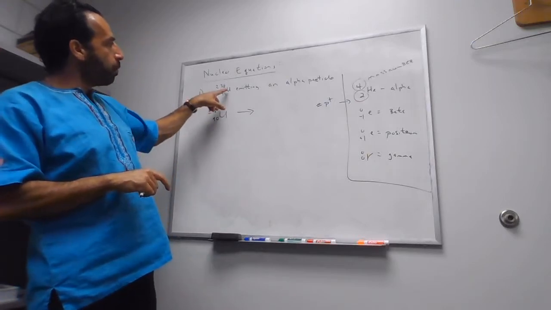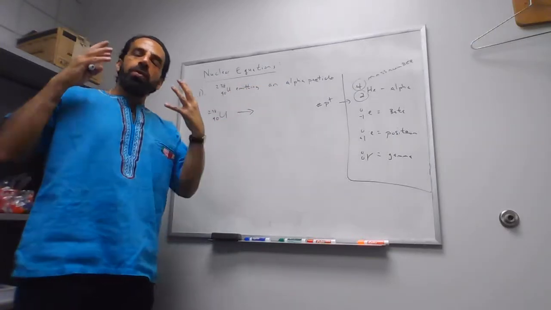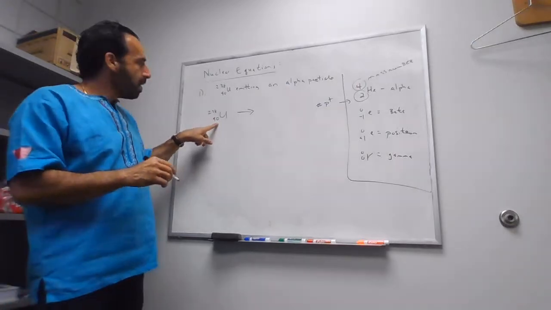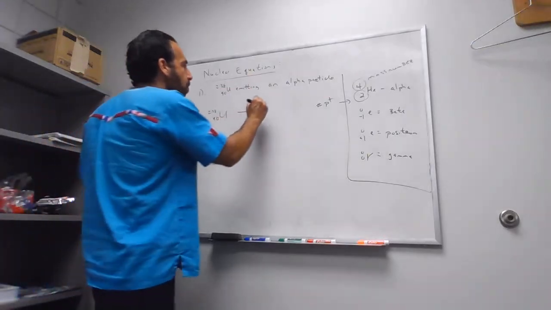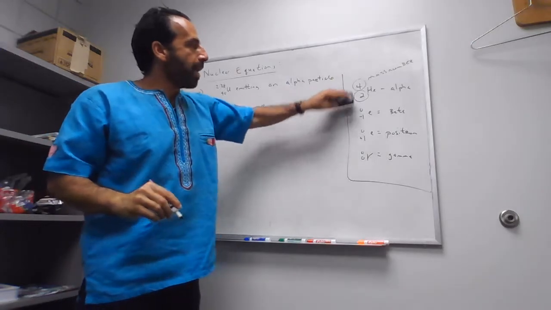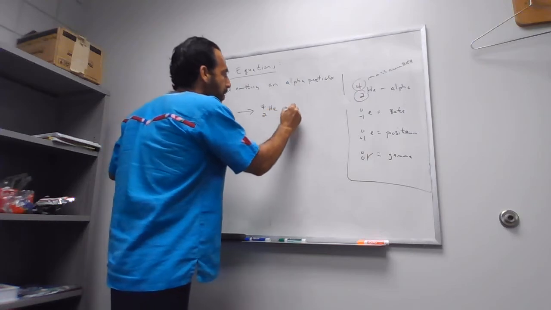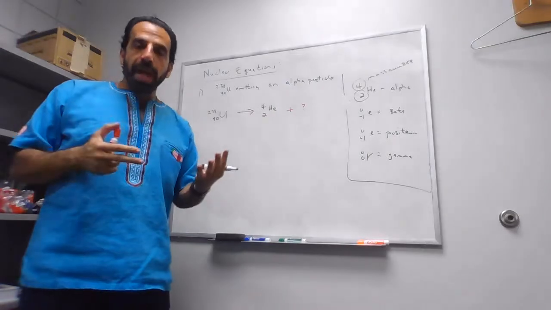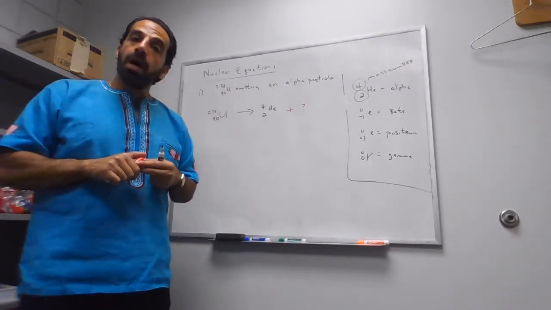So in this case, say we have uranium. Again, we go by its mass number. Uranium-238 emits an alpha particle. So to complete this equation, we have uranium-238. And again, 90 is the atomic number. Again, you get that from the periodic table. An alpha particle. So the alpha particle is going to be 4,2 helium. So again, we have to know that. It's 4,2 helium. And then we're trying to figure out, well, what other element is being formed? So again, with nuclear decays, nuclear reactions, we're changing the number of protons, neutrons, we start forming a new compound